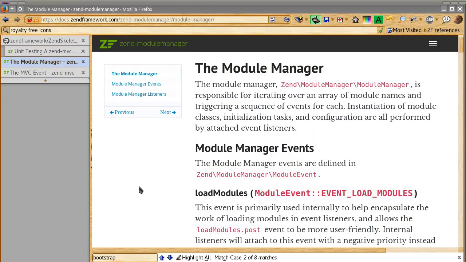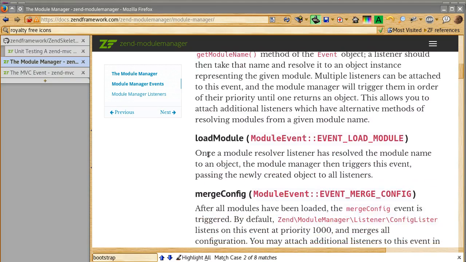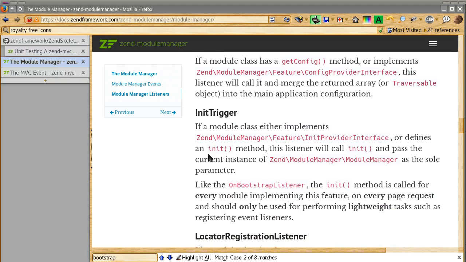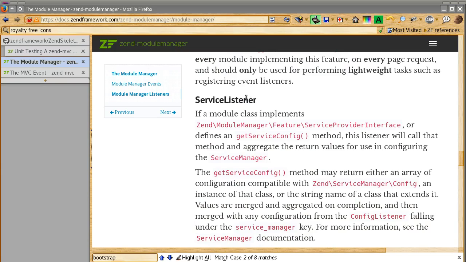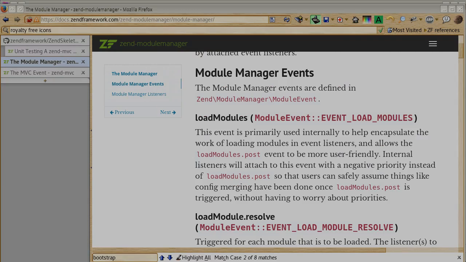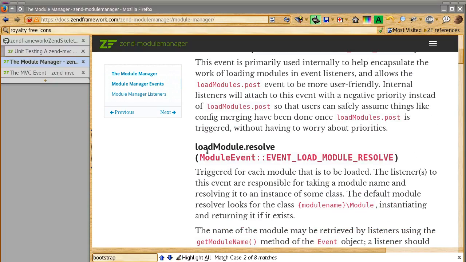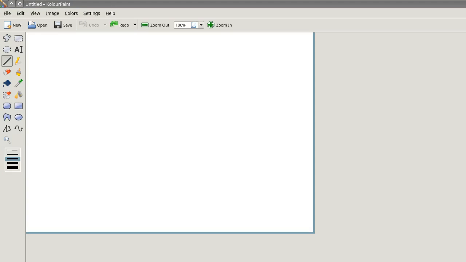When we look at the official documentation, we're told that there are certain functions that occur during certain events. That's where the concept of Event Manager comes in. And then as we go down, we're told that the module also brings in configurations to the service listener. So that's where the service manager comes in. To figure out what is going on here, what all this means, we need to quickly look at the concept called object lifecycle. So if we just do a very simple stick drawing,